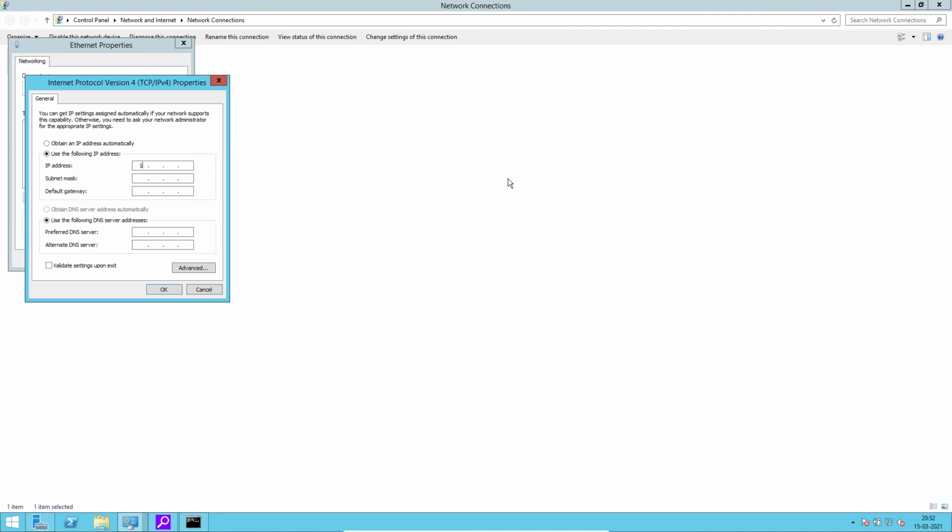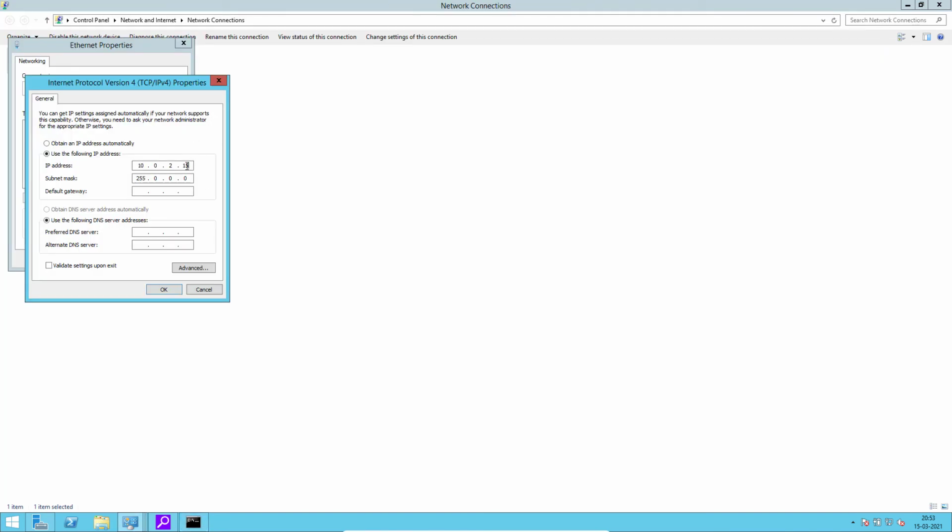So let us give 10. Then you have to take care here, 10.0.2. You have to not click on tab, otherwise you will move to the next subnet mask. Let us cross verify it. 10.0.2.15. Okay. Now press tab. See student here, it has automatically taken subnet mask 255.0.0.0.